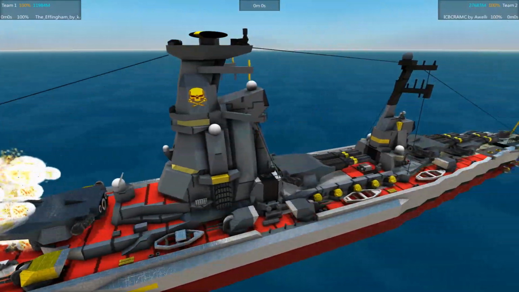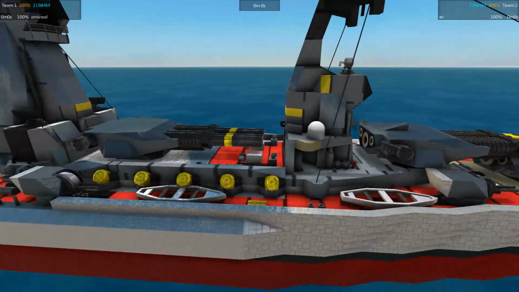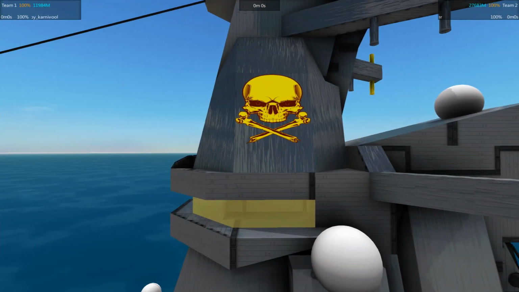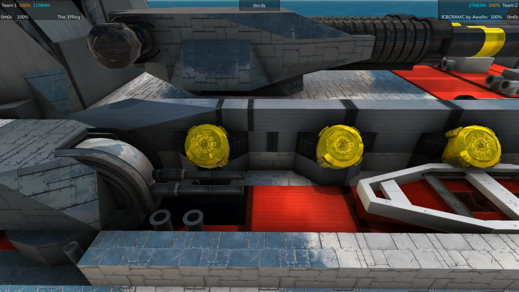Anyway, so it's armed with 4 quad-barreled turrets. No, 5. There's another one in the middle. 5 quad-barreled turrets. So that's 20 guns. Those golden skull and crossbones there look pretty neat. Lifeboats and...